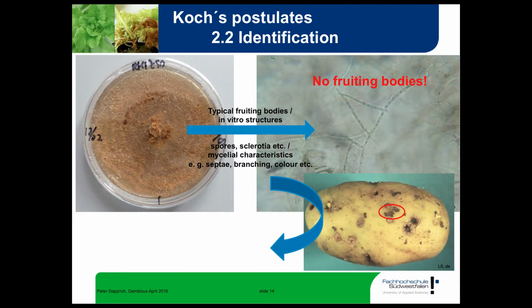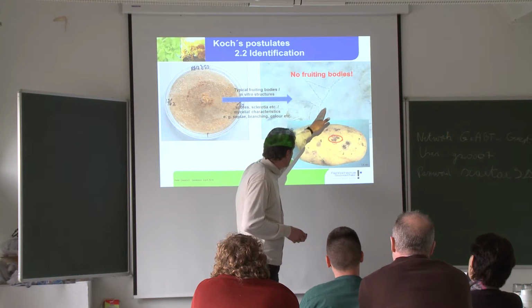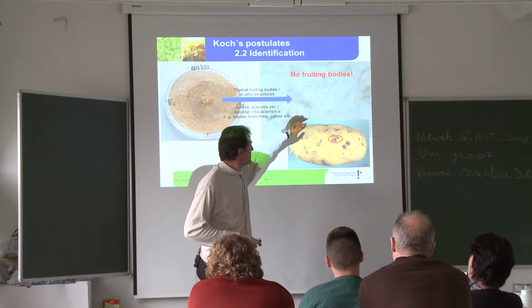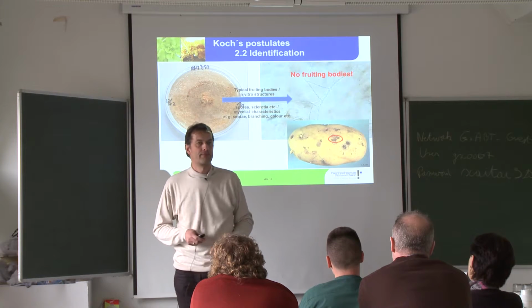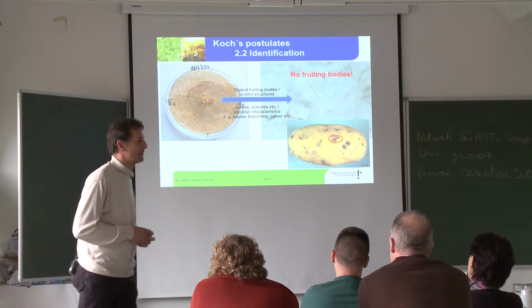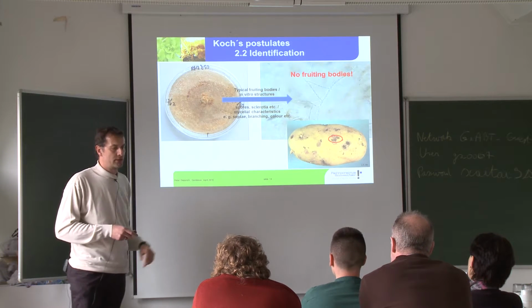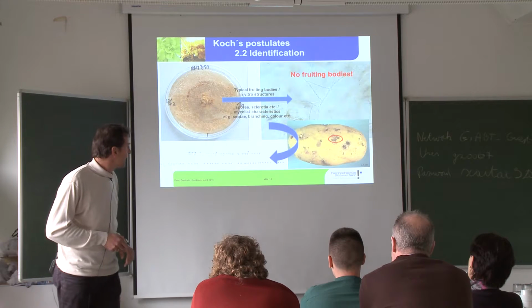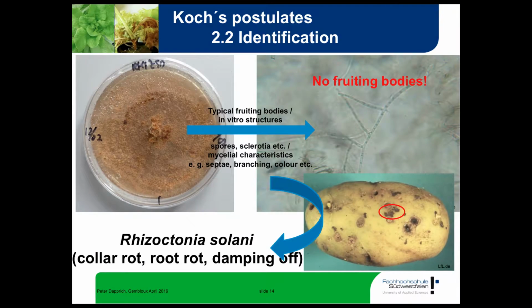But that is what I meant earlier by knowledge. You have to know that Rhizoctonia has this quite typical brick-like septation and the almost rectangular branching. That is very typical for Rhizoctonia. And it usually has this brownish color. And then finally, yes, if everything fits, you're right, thank you, 10 points. Then finally you have it: collar rot, root rot, damping off, or whatsoever are the common names.